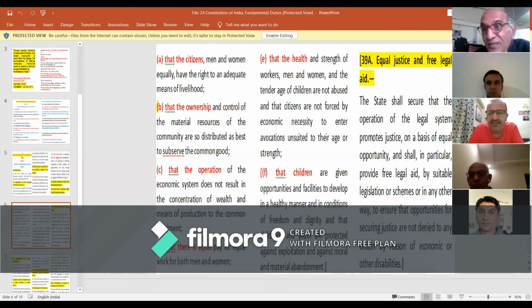to promote fraternity. Yeah, sir, and if you remember, around 10 years ago we discussed that we are going to do something about the beggars standing at the red light, where the Constitution says that children are given opportunities and facilities to develop in a healthy manner and in conditions of freedom and dignity,